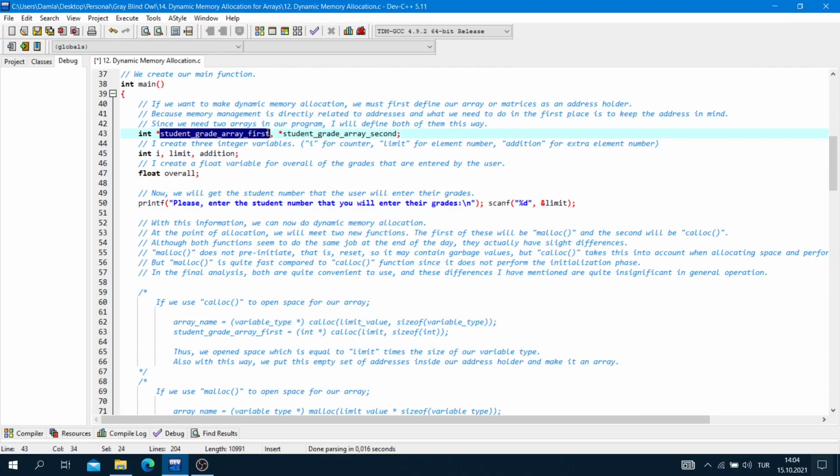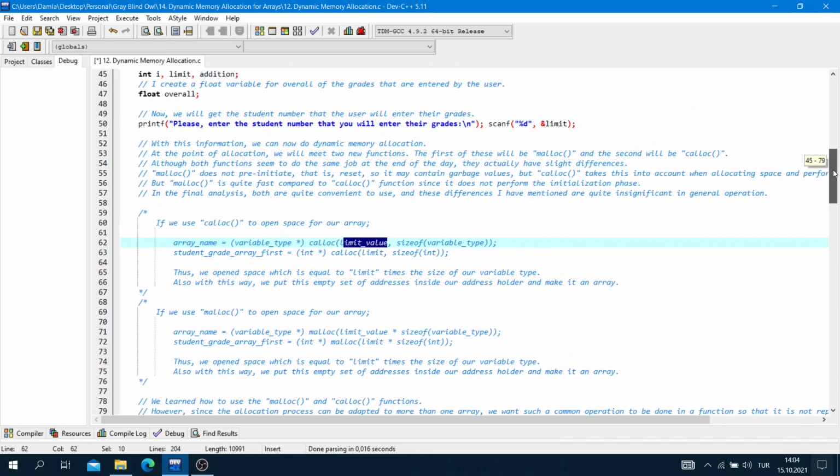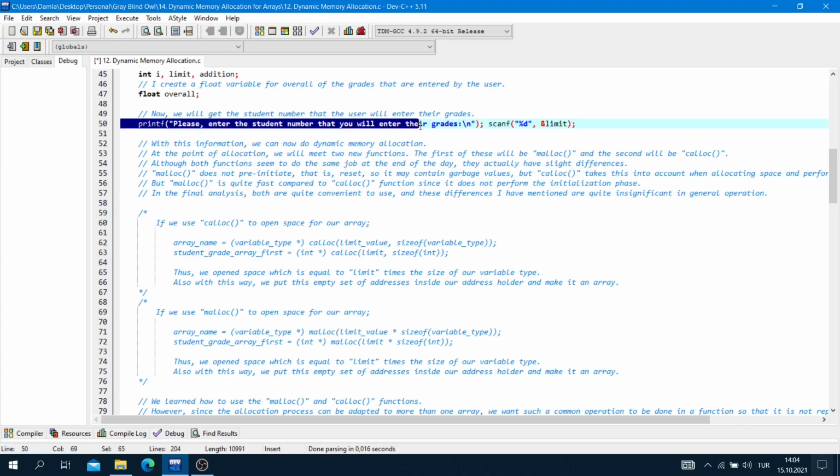Only the name part, the array name, and the variable type pointer, because we use the addresses and the calloc function's limit value. We get it here: printf, please enter the student number that you will enter their grades. This is our limit value. This is our border for our array.